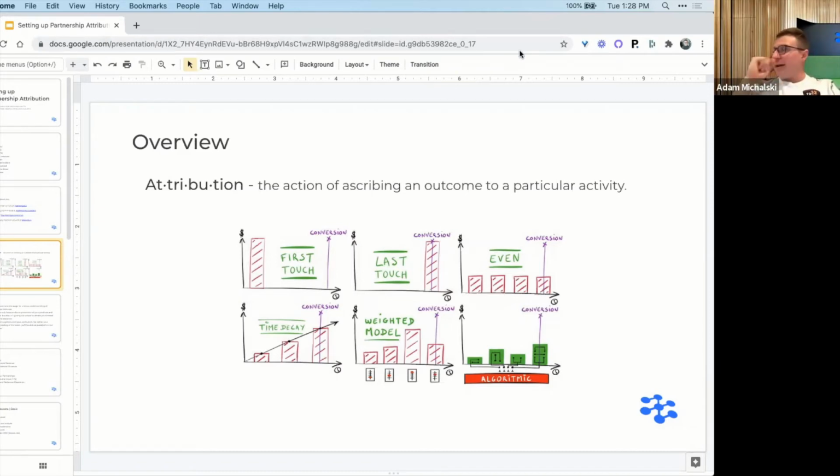100%. And to that point, I want to bifurcate the 2 different things. There's the underlying data of all these different touch points happening across the buyer's journey. But then there's also the attribution model. We're going to cover each of these separately, but just know that if you don't have the right data infrastructure in place, it's going to be garbage in, garbage out on the model, regardless of what you do. So it's really important that you're tracking all of these individual touch points, so that you can feed that into whichever model makes the most sense for your business.